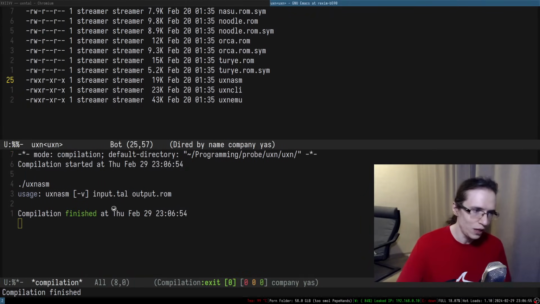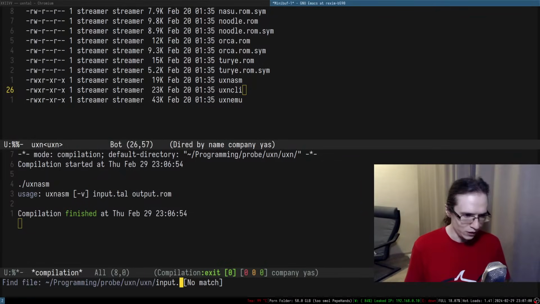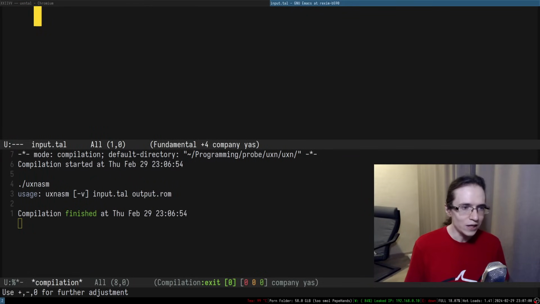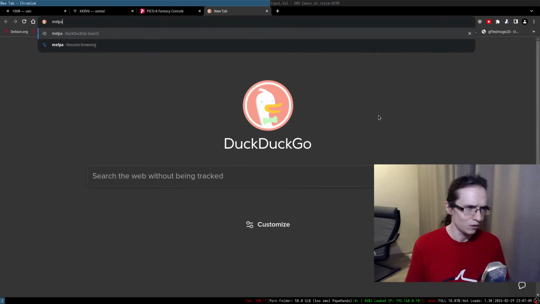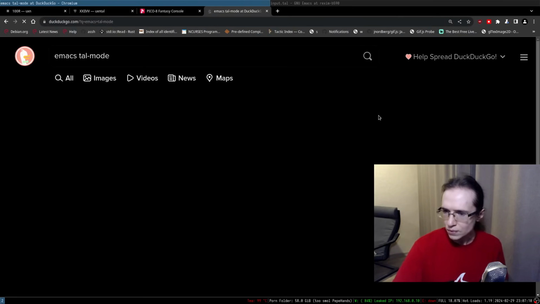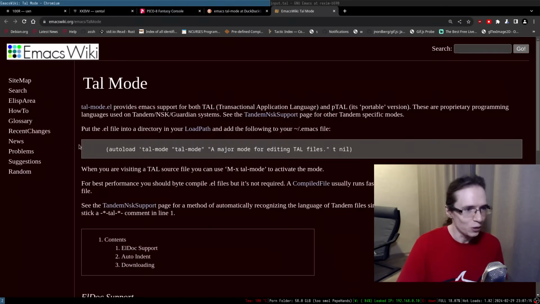And there we go. Okay, this is pretty straightforward. So maybe we can create input.tal. Is there a TAL mode for Emacs, on MELPA? So Emacs tal-mode. There is a tal-mode apparently, okay. tal-mode provides Emacs TAL translation portable.